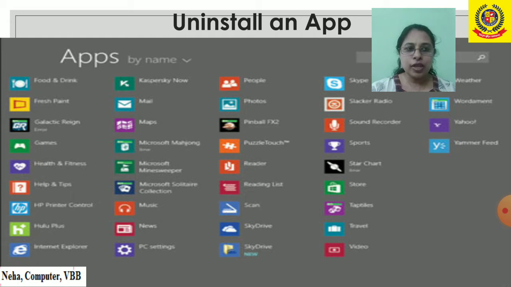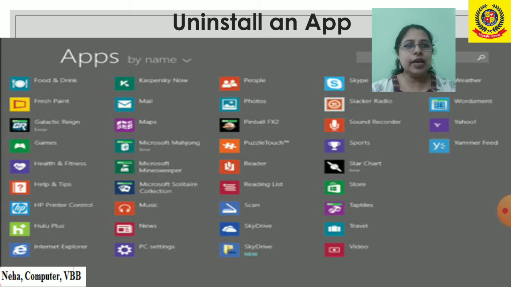Now when we switch on the computer system, we see a start screen, and in the start screen there is an apps view button at the bottom of the start screen. We click on it and we reach the apps view window. So you can see this is the apps view window, and when we want to uninstall an app, what we do, we select any of the applications and right click on it.